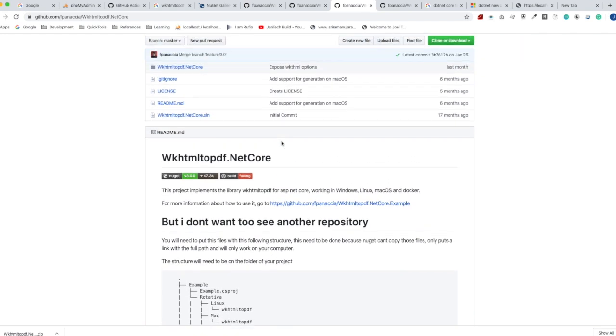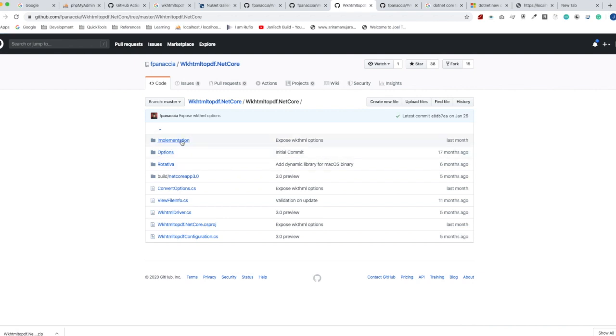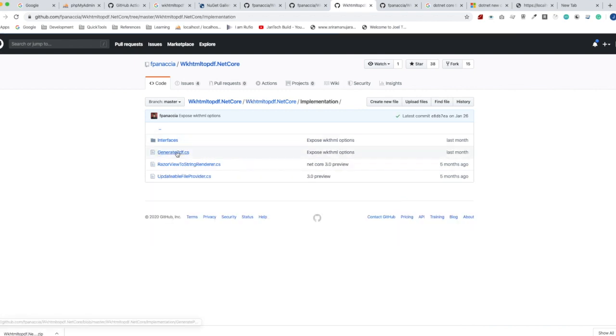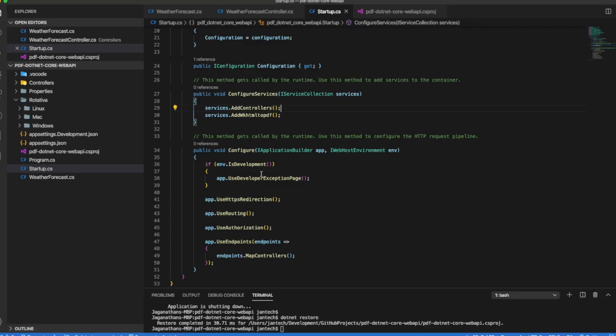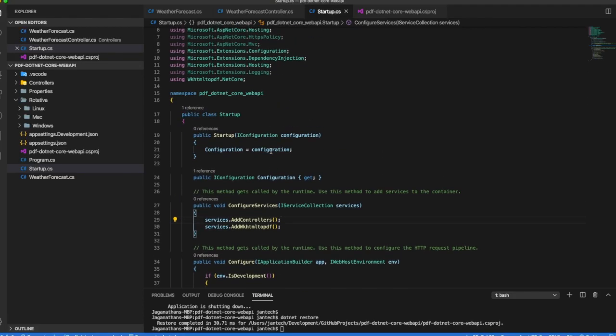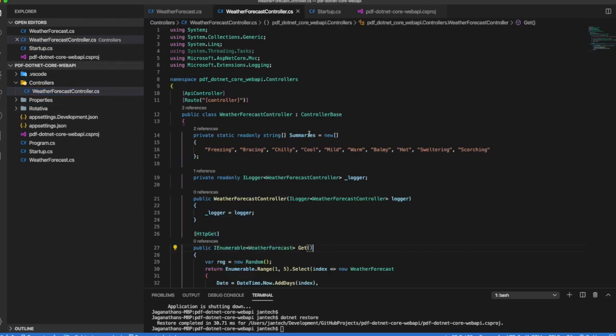The next step we can see here is an example of what the main file is that they are using. They are using the generate PDF file. So here what we do, in our controller, basically in our controller we need to add this one. Okay, so here I'm just adding